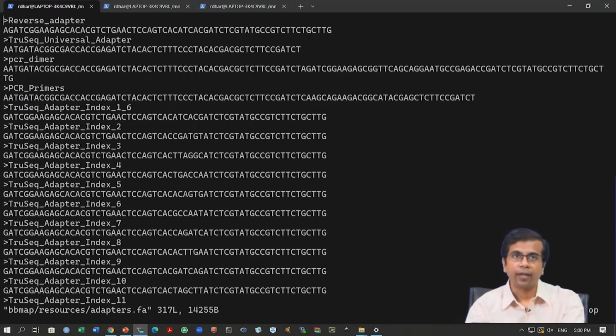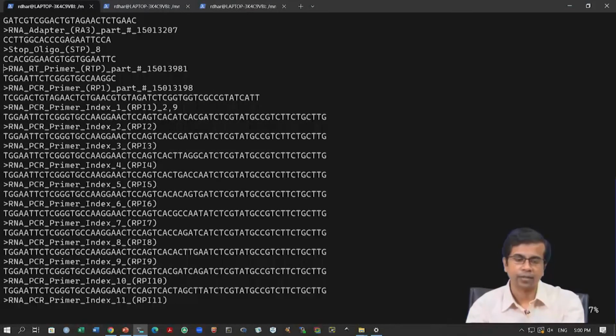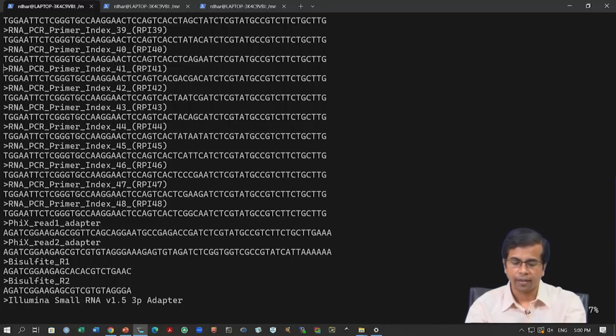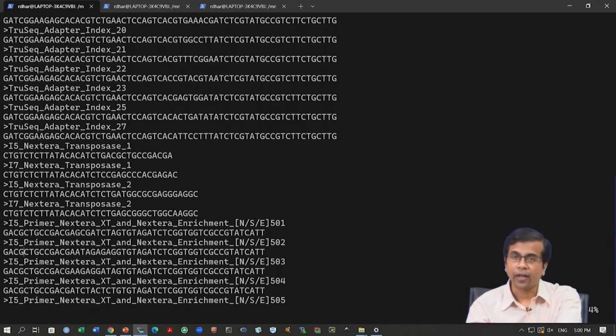And here you have these adapter sequences: reverse adapter, TruSeq, universal adapter. These are adapter sequences utilized by different platforms, Illumina as well as others. You can see these, and perhaps also search for them. The search function in vi comes really handy here. You type slash, and the moment you type next, immediately you see this NexteraPE adapter. So you have these Nextera adapter sequences here, which means we can now use this file to remove